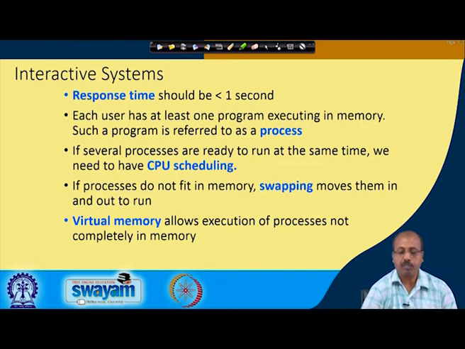If processes do not fit in memory, this is the other concern. It may so happen that I have, say, 100 different users. So, 100 processes must be there in the memory, but each user program has some size. That way 100 programs may not fit into the system. So, we need to do something so that only a subset of processes are kept, or for every process we have only a small part of it available in the memory, and later on when we need further parts,